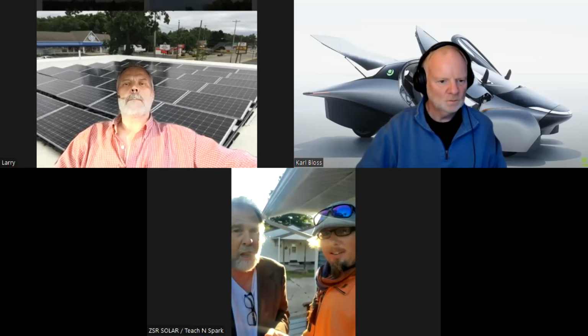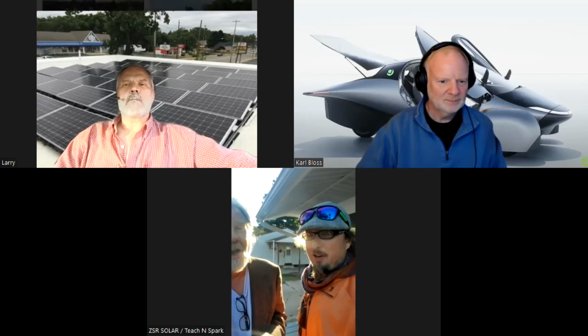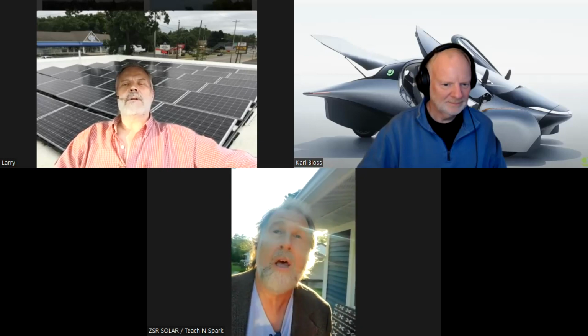The bigger scale, what I want to do is the new Rivian delivery truck for Amazon. Once they decommission those, we want to get our hands on one. I don't care how I get one, but I want one because it's a nice big vehicle. And once you've got panels on the roof of that thing, that is a solar powered vehicle, just like everything else we've built. But now I can add a trailer under the back of that and do the same thing